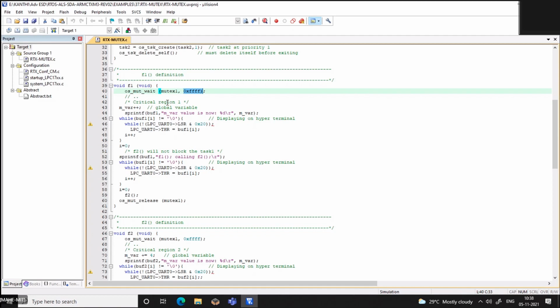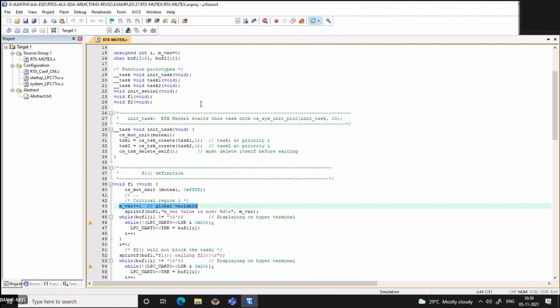Since we have started with task 1, if another process had already entered the critical section, then this could not. But here, hoping that the key is available, it will enter the critical section and increment this global variable. You can see the variables I and M, and you have set some buffer size, the array size for the message which you are going to display.